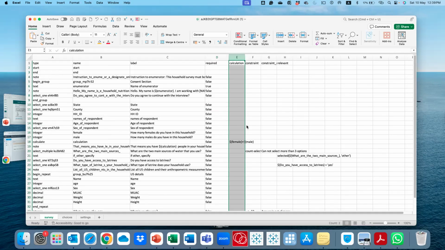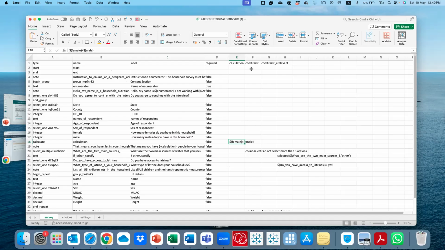This is a calculation. So we saw that you can calculate, and we had a calculation in our project where we wanted to know the total number of household members by adding, I think our question was asking the number of females and asking the number of males. So we wanted to check how many people were there in total by adding these two together. So this is where you do your calculations, and we use the dollar sign and open curly bracket, stuff like that.